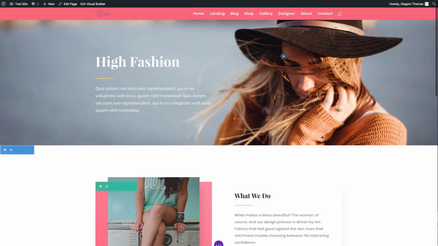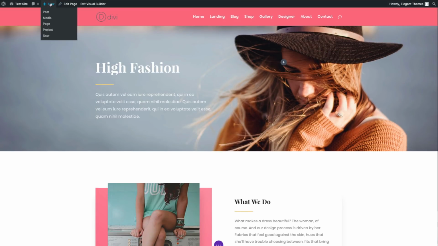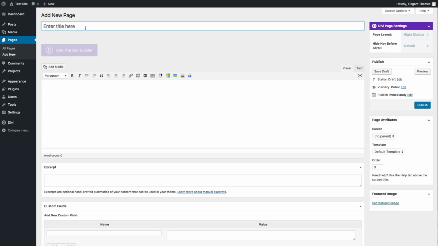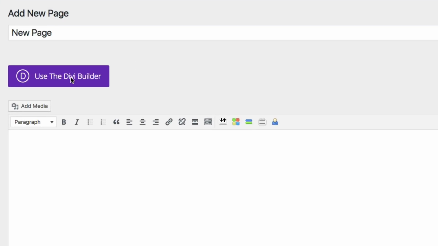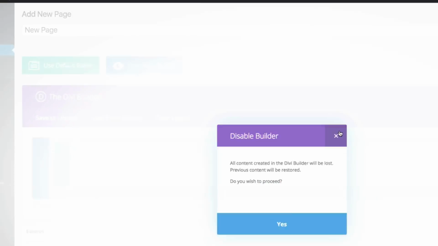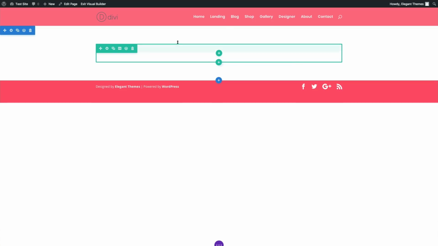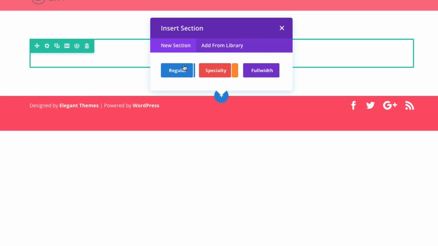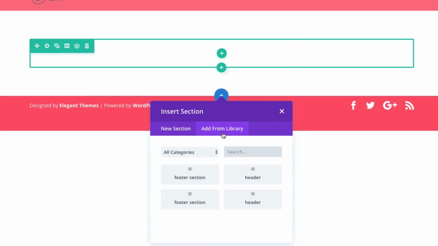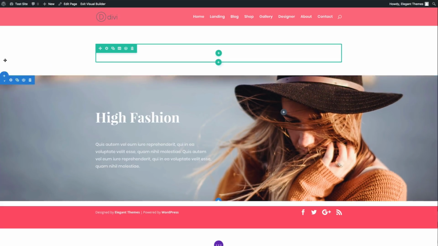All right. And now let's say I want to build a new page. So I'll go click to build a new page here. And once I'm there, just call this new page. And then I'll use the visual builder. All right, so now I'm starting with a blank slate here. And let's say I need to start with adding a header first. So I'm going to add a regular section from my library here. I should have a header section. All right, let's pull that back up here